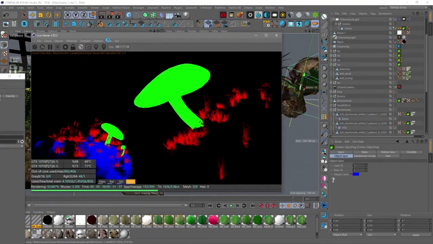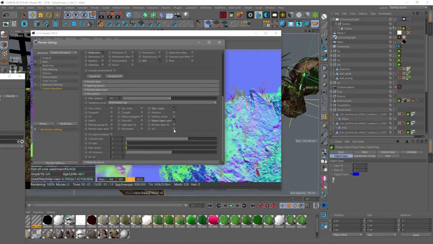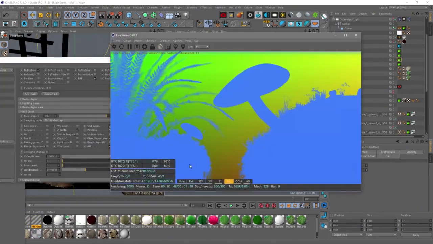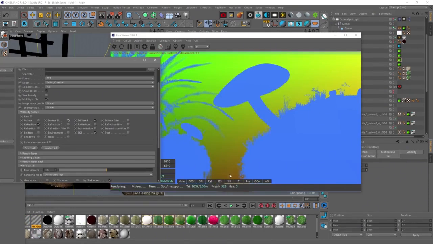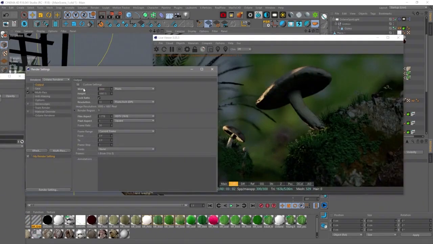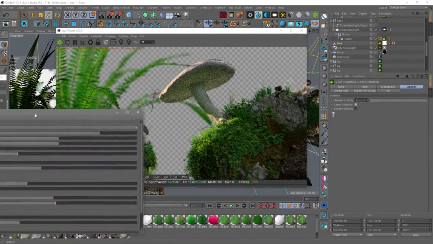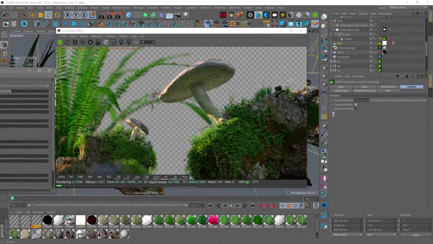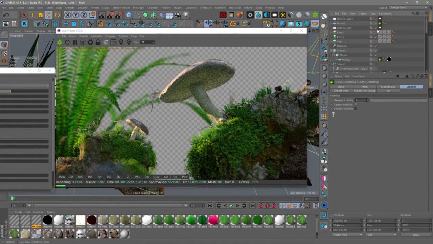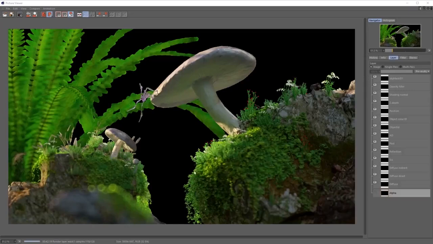Object color ID layers for masking the main objects in the scene. The normal's position pass, diffuse direct and indirect passes, slightly increase the resolution of the picture and turn on the alpha channel so that you can somehow change the background to repaint it or even change it to another. Fire up the render, and with the help of some magic editing powers, we can see the results after just